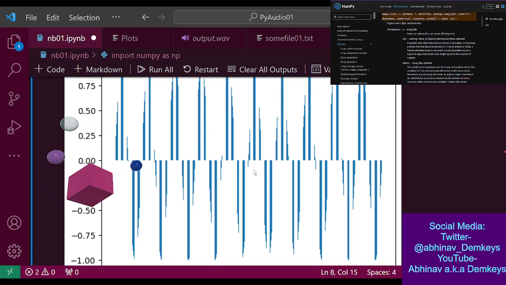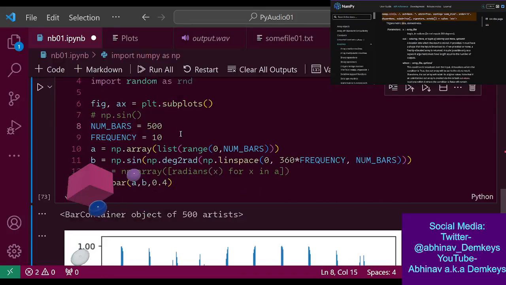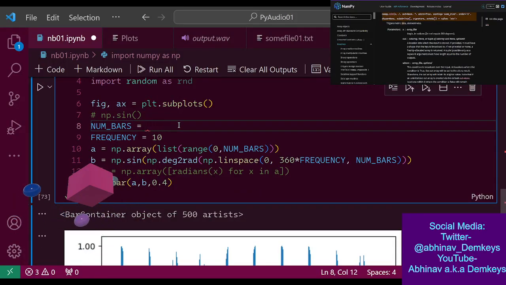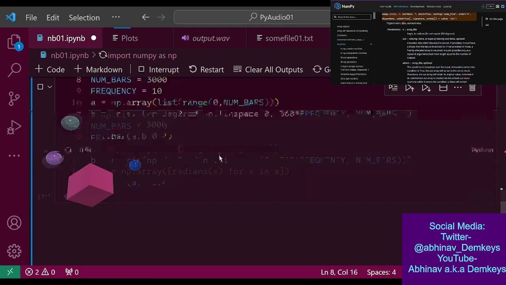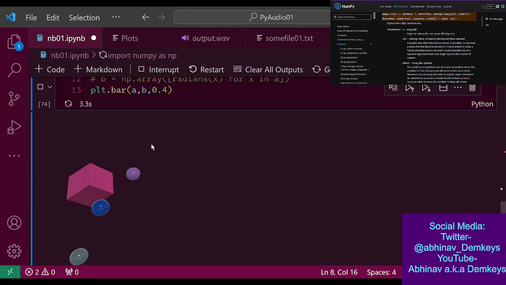I think so, because subwoofers are supposed to give you lower frequencies, right? But I don't know if it goes as low as 10. But at least at 20, you'll definitely start to hear the subwoofer rumbling. You'll be hearing the bass. Okay, so let's increase this to, let's say, 3,000 samples, just so we can see what that looks like.